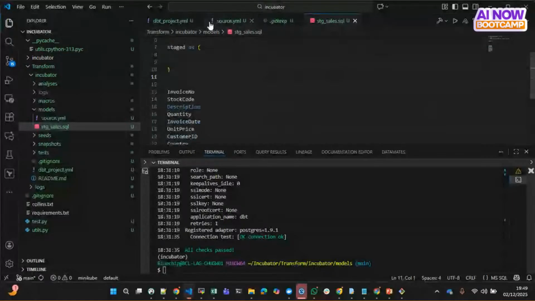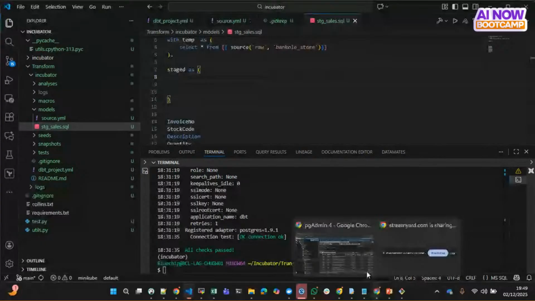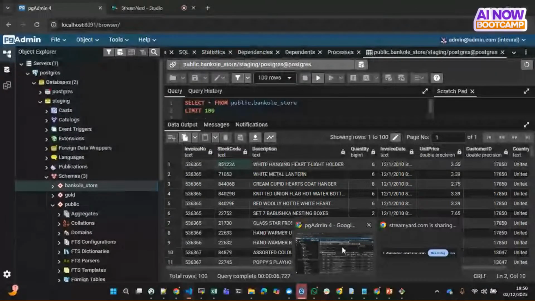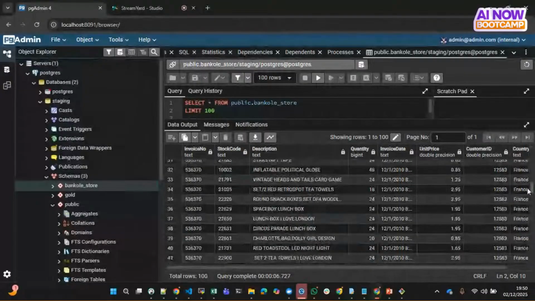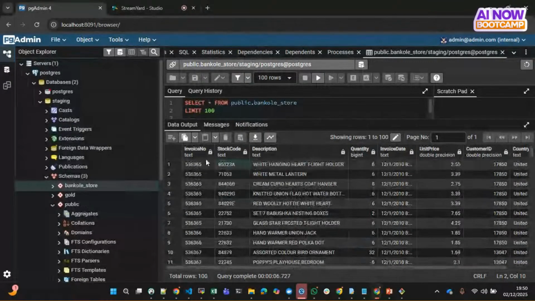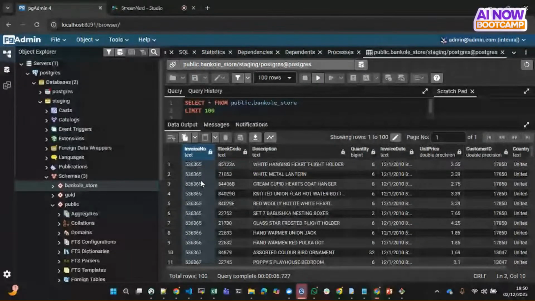So we have our invoice number, which I believe should be an integer. As you can see right here, it is being stored as text, but this is not a text, it's an integer. But another thing you should look at is that this is business logic. This invoice number comes from the business, so it's actually a best practice to store natural numbers like this as text. But regardless of that,